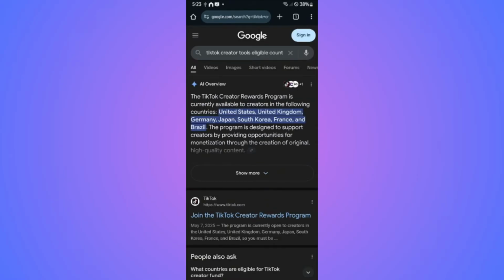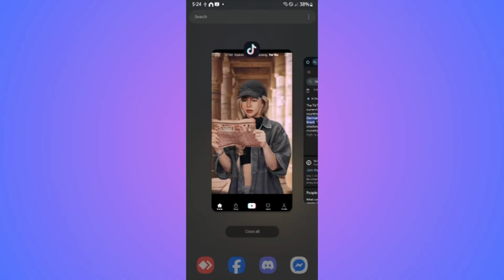And as you can see here, it is only available for now in the United States, United Kingdom, Germany, Japan, South Korea, France, and Brazil. If your country is not listed in here, unfortunately, you can't use it. But if your country is listed in here and you still don't have Creator Tools, you'll have to look